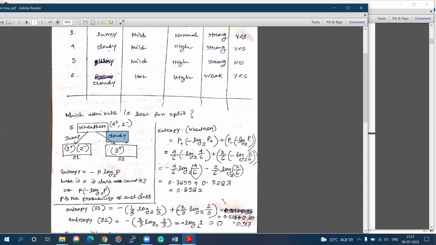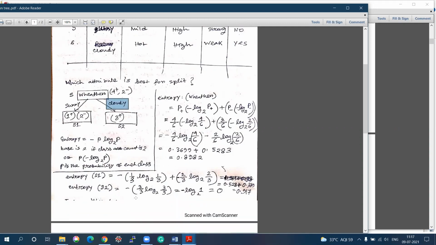Then the entropy will be 0. Why the entropy will be 0? Because minus of, within the bracket, 3 by 3 log base 2 of 3 by 3, which is minus log 1, and as we know, the value of log 1 is always 0. That is, we are getting the 0 entropy. That means this is very certain. Okay, so when the